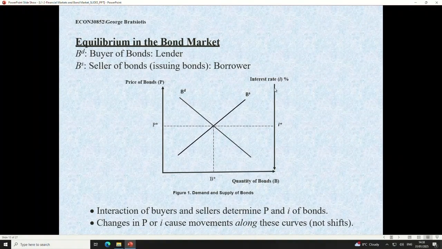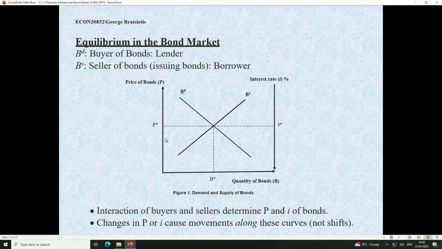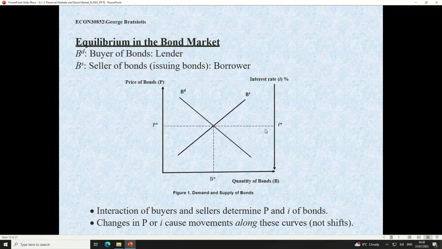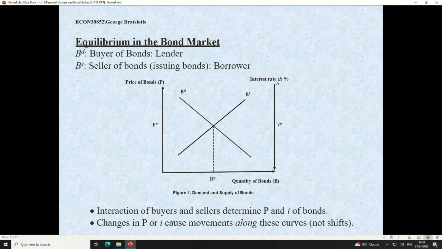But you can see that the interest rate here is moving in the opposite direction to the price of bonds. Please pay particular attention. The arrows here, can you see them? In other words, when the price goes up, the interest rate goes down. Right? So here, for example, the interest rate is low. Whereas at a very low price, the interest rate here is high. So the interest rate is rising this way and the price is rising this way because they're inversely related.